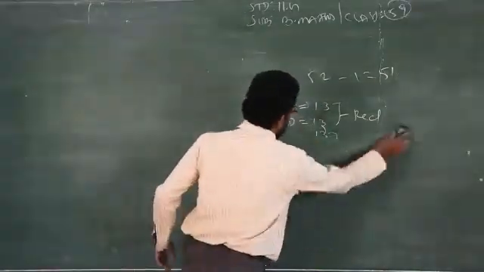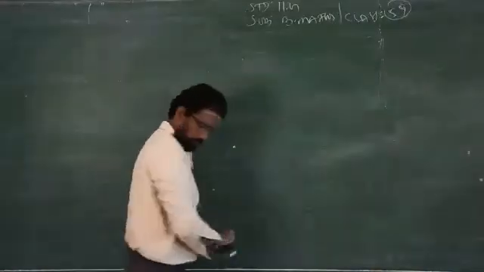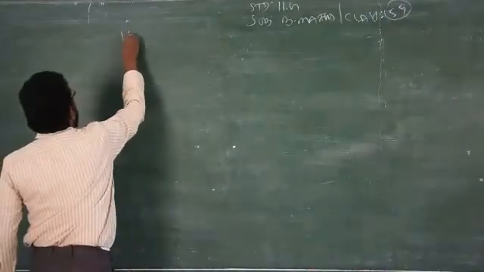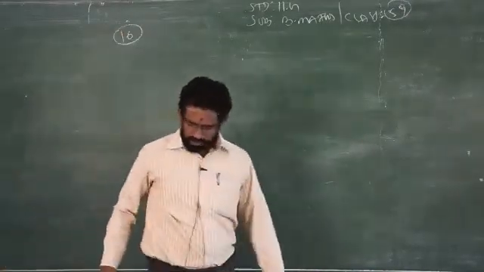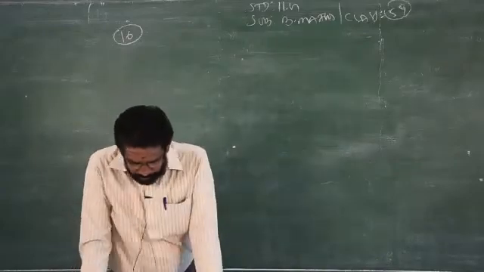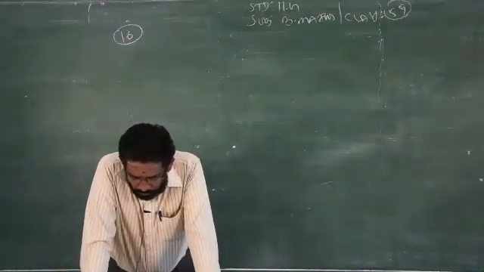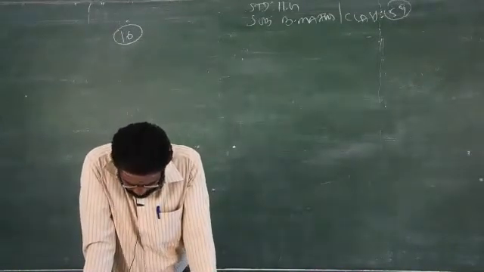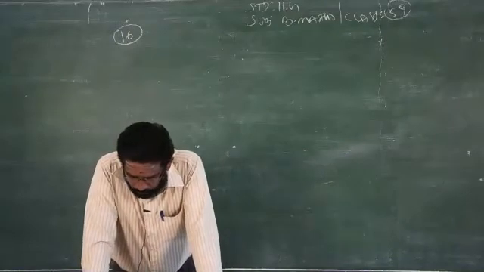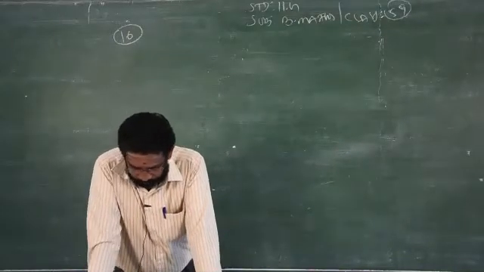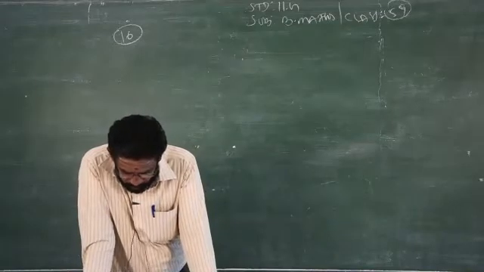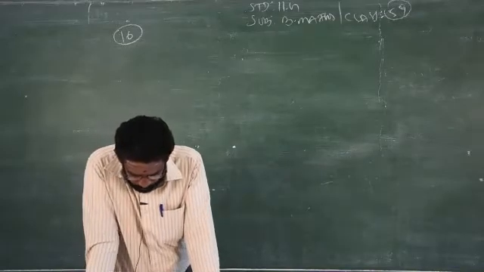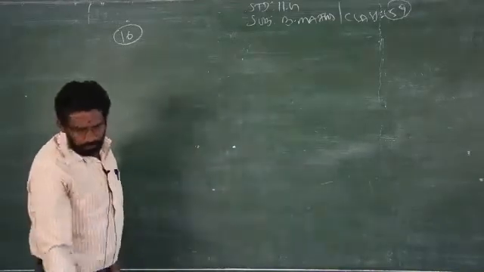Now we will go to sum number 16, the last question of the exercise as well as this chapter. A company has three machines A, B, C, which produce 20%, 30% and 50% of the product respectively. Their respective defective percentages are 7, 3 and 5. From these products, one is chosen and inspected. If it is defective, what is the probability that it has been made by the machine C?